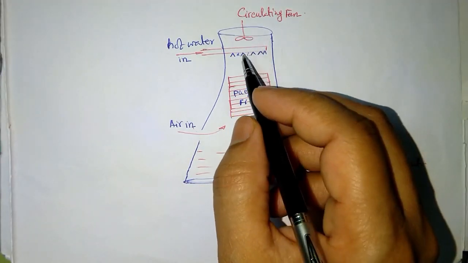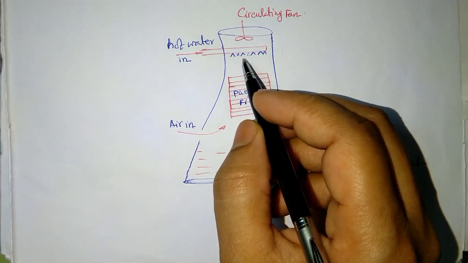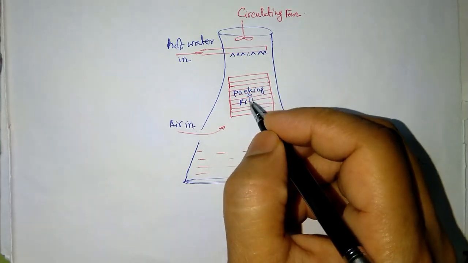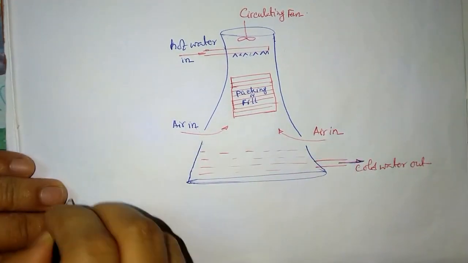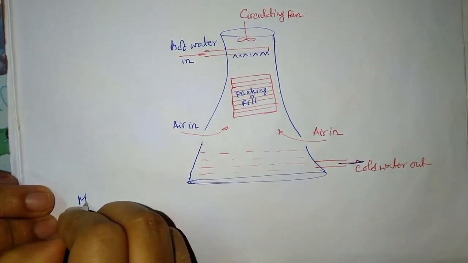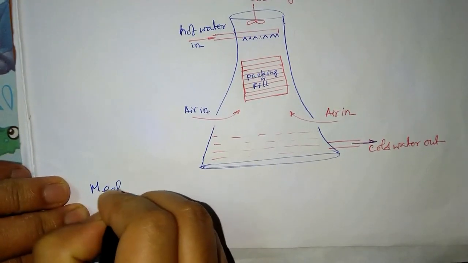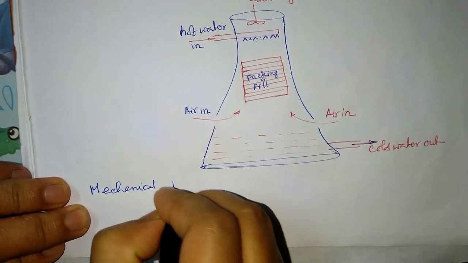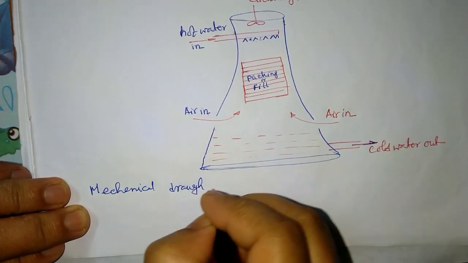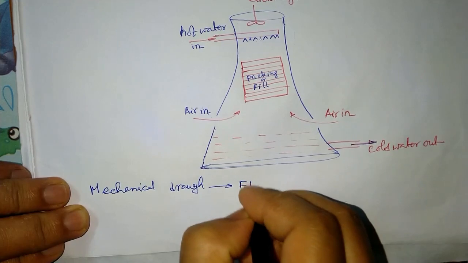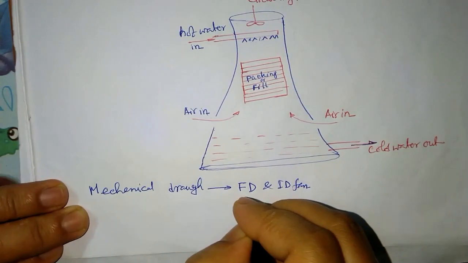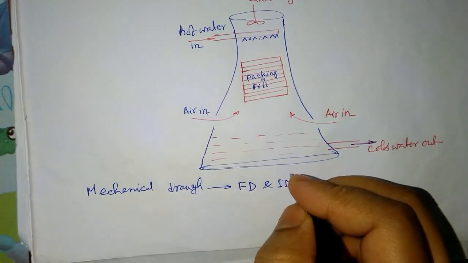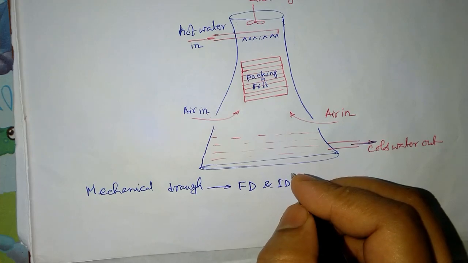In a mechanical draft system we generally use two kinds of fan. One is known as FD fan or forced draft fan, another one is known as ID fan or induced draft fan. So in mechanical draft we use FD and ID fans. FD means forced draft, ID means induced draft. So this is our